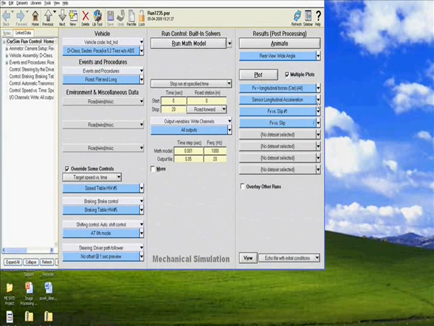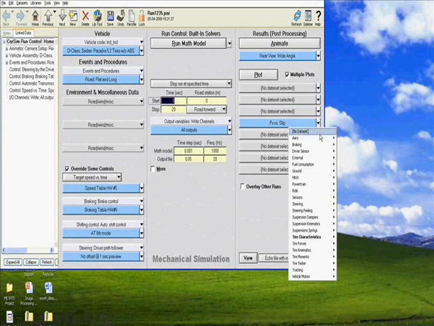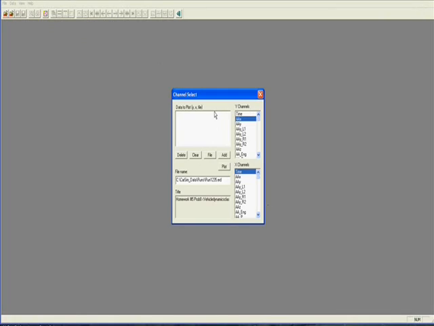The other method to plot data in CarSim is to use the WinEP plotter. For that, you need to set all these drop down boxes to No Data Selected and hit on plot. You'll see this WinEP plotter coming up. Now you can select your y-axis parameters, for example alpha L1, and your x-axis parameters, for example alpha R1, and click on add and click on